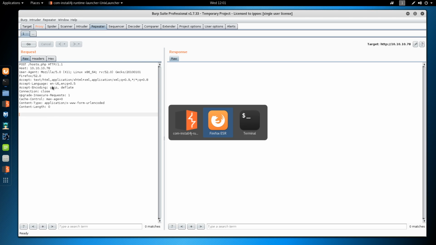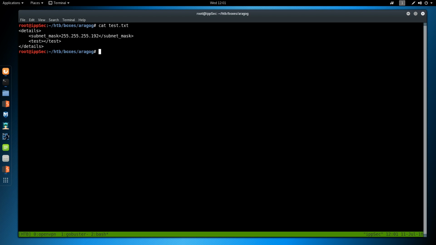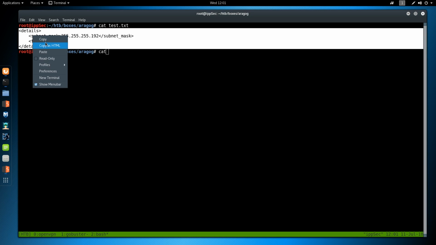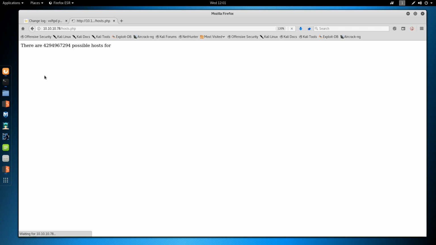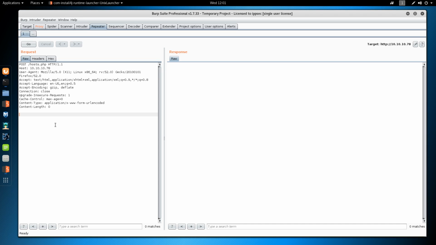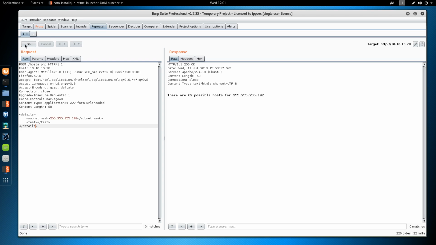But the very first thing I did was took what was in test.txt and pasted it at the bottom of hosts.php just to see what would happen. Because you'd think they'd be related if that's what the machine creator did. He normally wouldn't put something that's just meaningless. So add this, and we see there are 62 possible hosts for